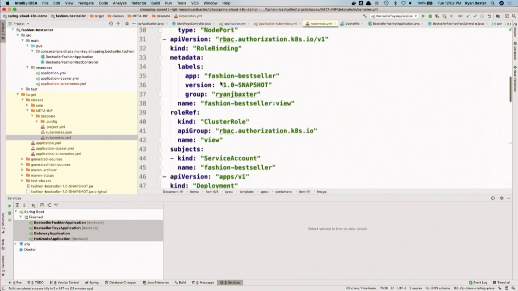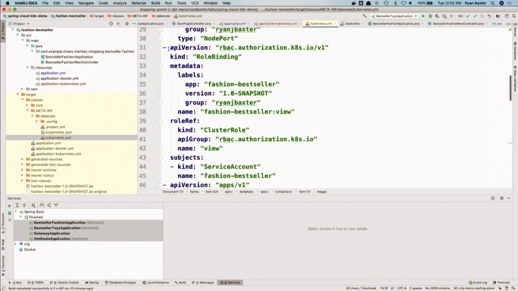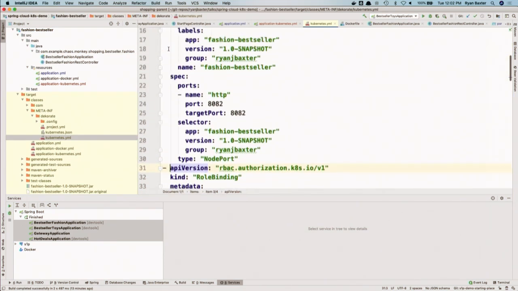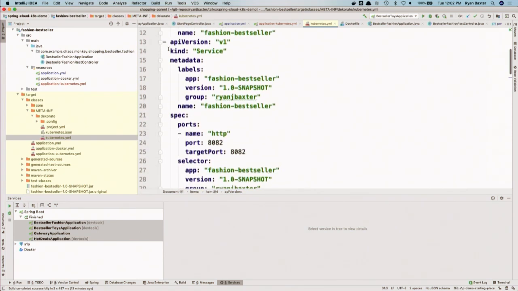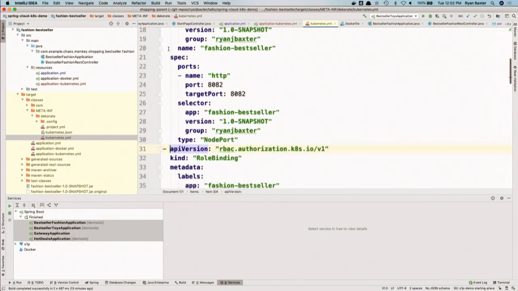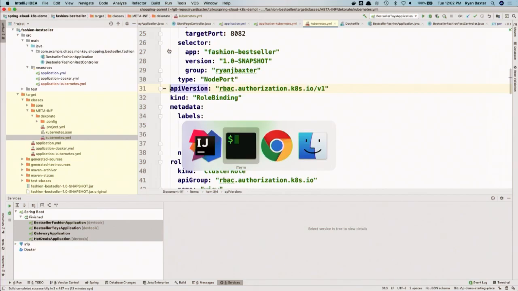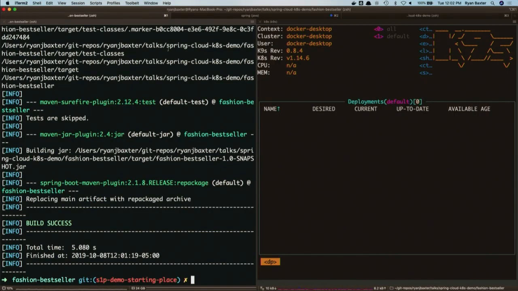It sees that, we'll explain this a little bit later, Spring Cloud Kubernetes is on the class path and creates some role bindings and service accounts for Spring Cloud Kubernetes to use. So it does a lot of stuff that I would have had to do by hand that I'm thankful that I don't have to do. And I'm sure you are all also thankful that I didn't have to. That's enough YAML for today.